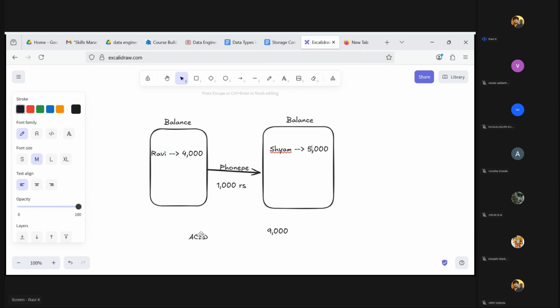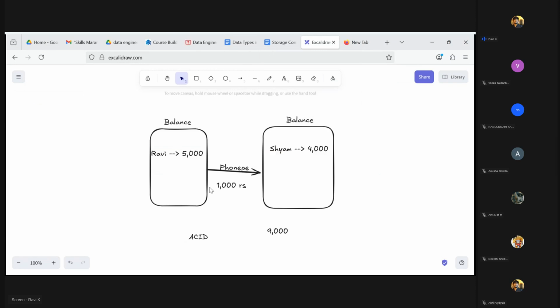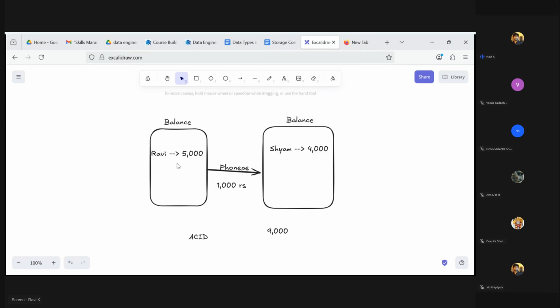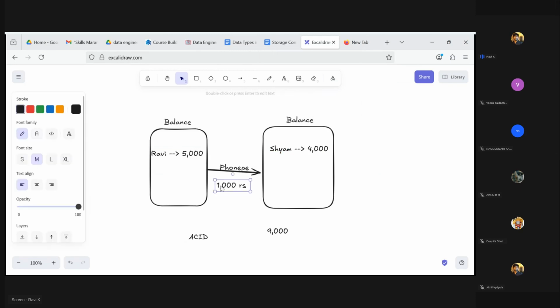And coming to isolation. Let's say we come back to 5,000 for Ravi. Now Ravi wanted to do a transaction to Shyam, let's say the amount is 4,000.